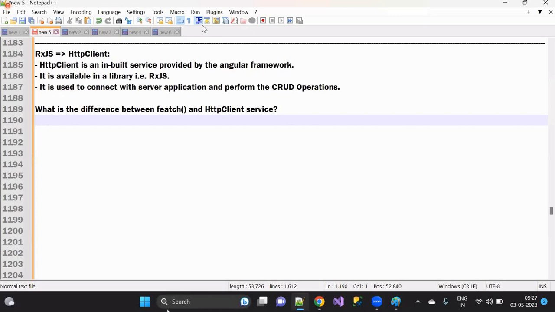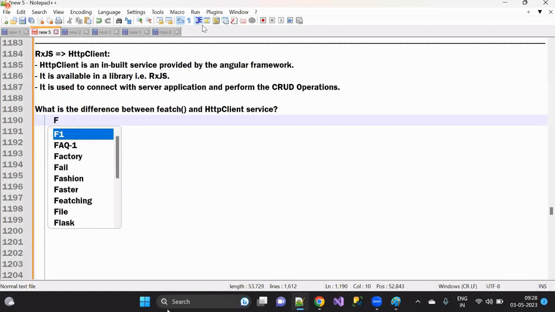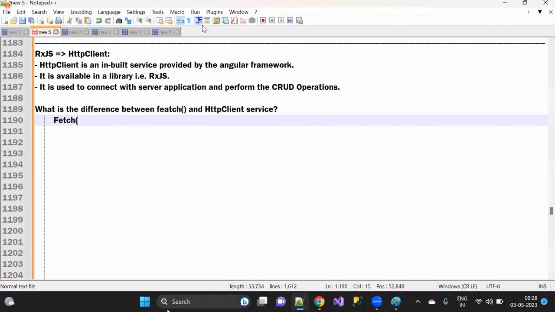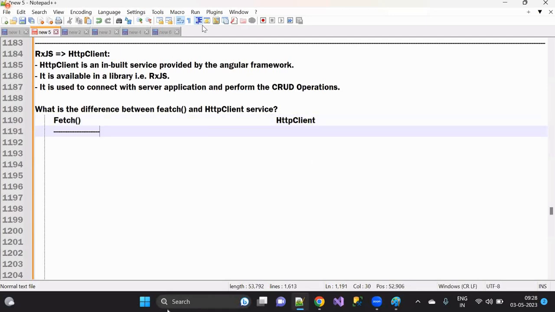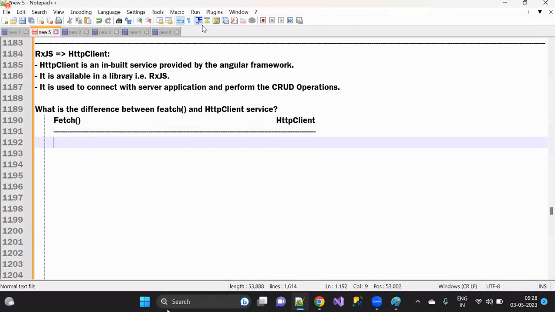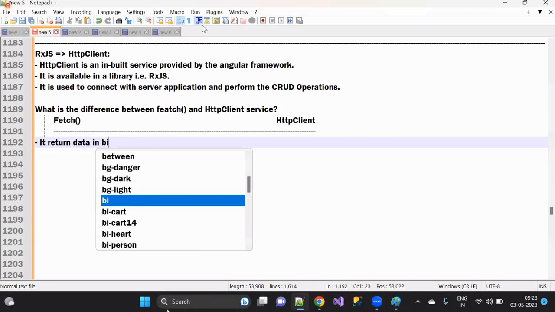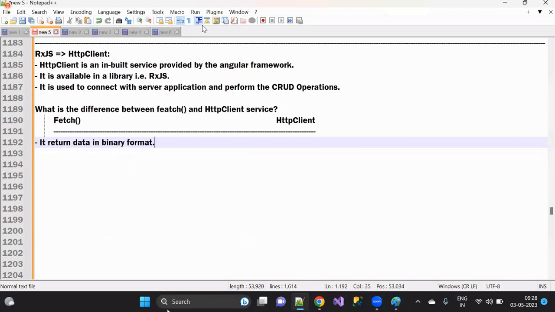The first difference, I'll be writing here: first, fetch I can use. I'll be using the fetch here. And at the same time, I'm going to use an HTTP client. Now, the fetch returns the data in binary format. That is the reason why, if you remember, whenever we fetch the data, after that we